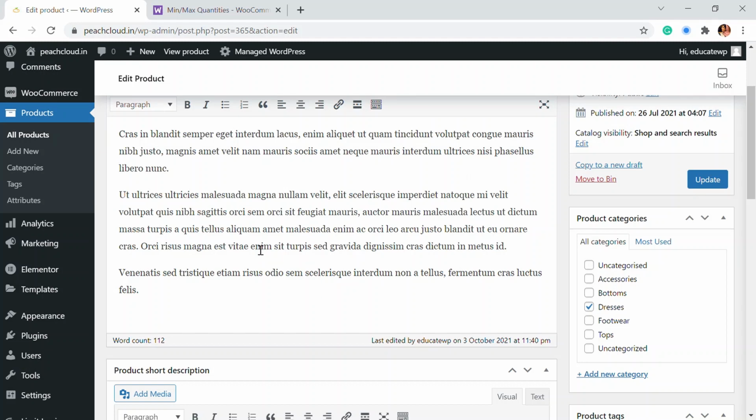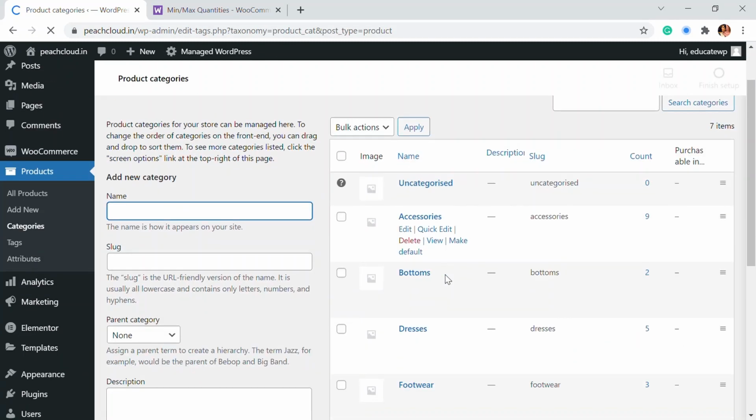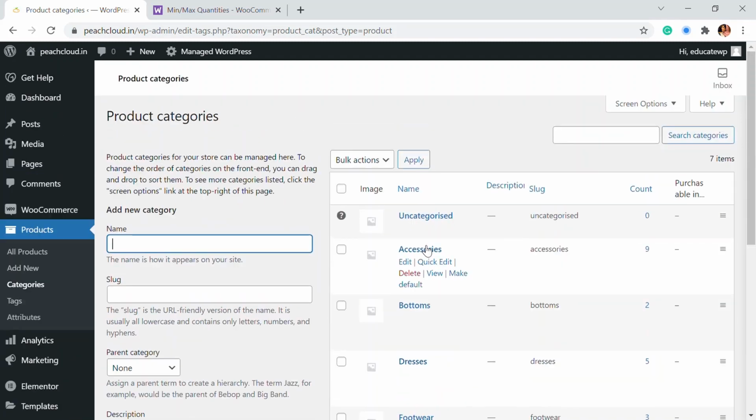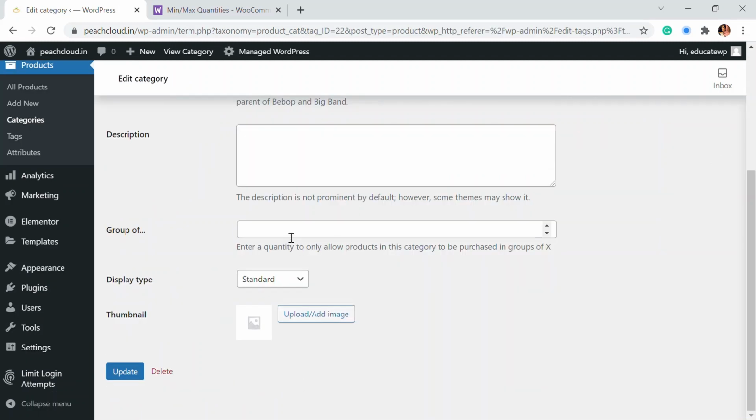Another cool feature that this plugin has is when you go to the products and categories. I'm just going to click on categories. And here you will be able to see that there are different categories that we have created. So when I click on this accessories, here you will be able to see that there is a group of section that we have. So we had seen this same setting in the product level settings as well. So here you can add numbers. So what happens is in that particular category, there will be a certain set of products.